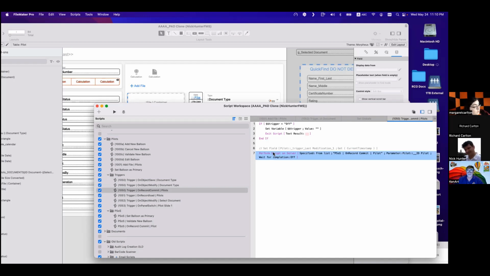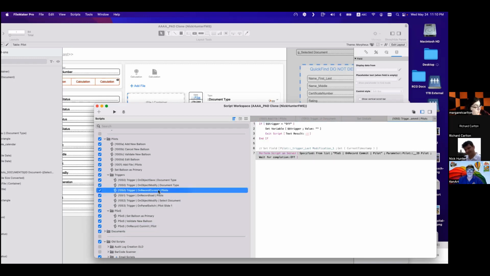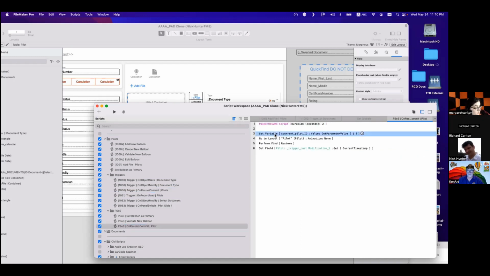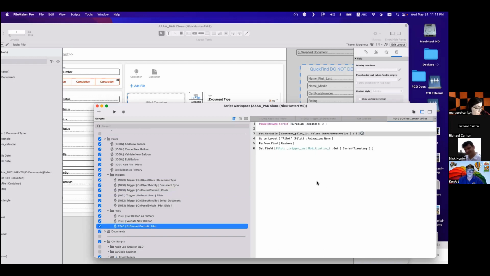Then the script says, okay, I wait until the commit happened. That means it said, okay, do this. Okay, I wait. And then this closed. And then this waits. And then do this. But the commit happened. And then, okay.